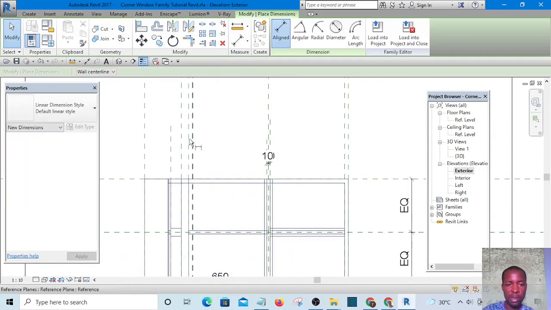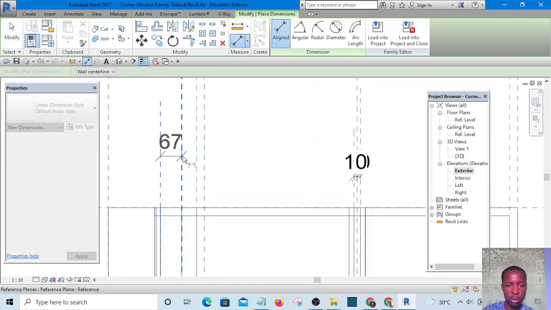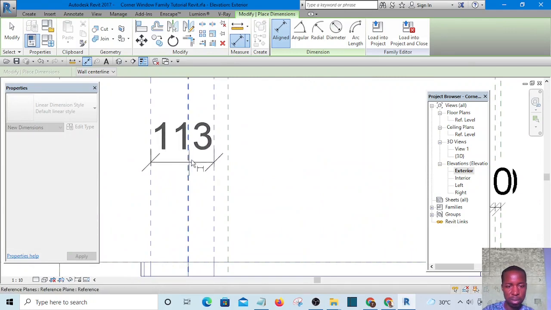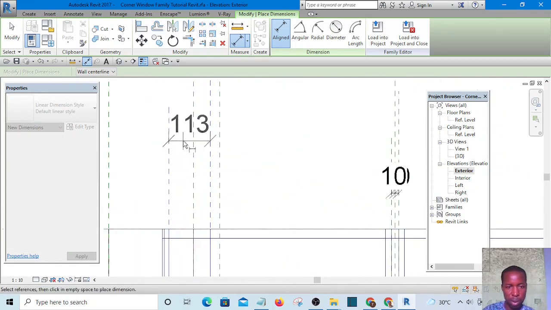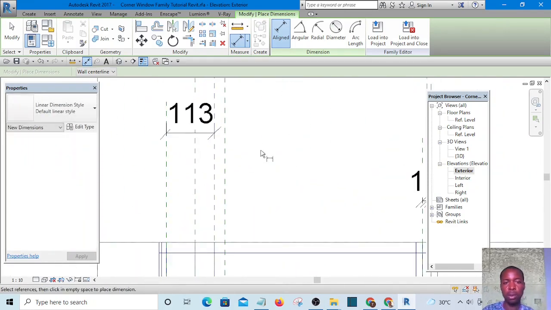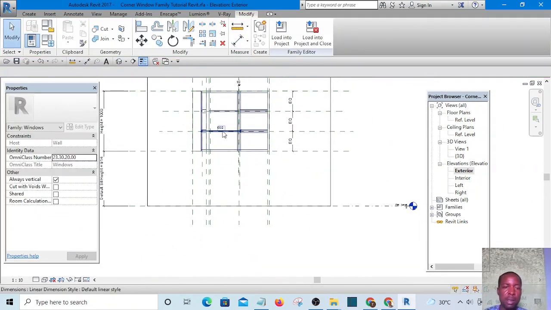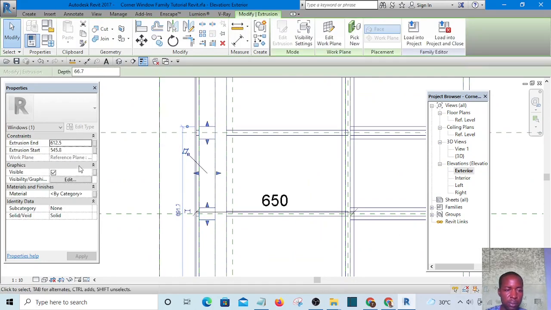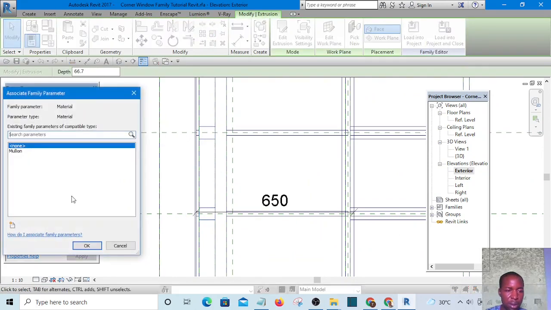You are going to place a dimension to the reference plane, like to this. Let's put it to this, the one that is already locked. Okay, that is that. Now the material for this should be mullion,